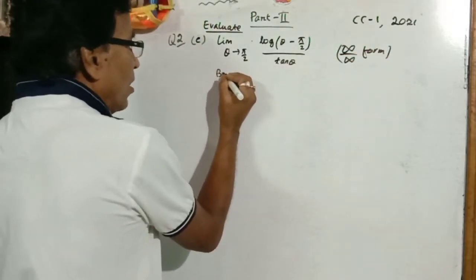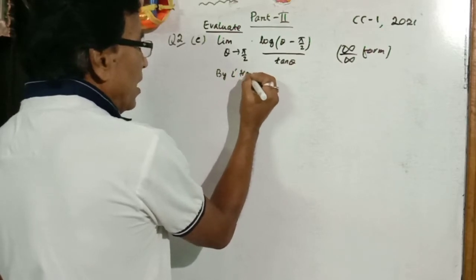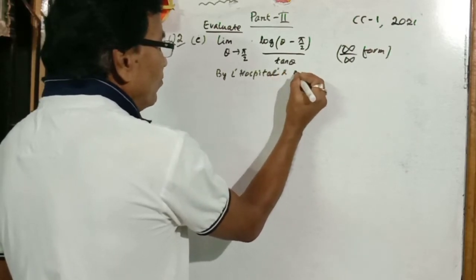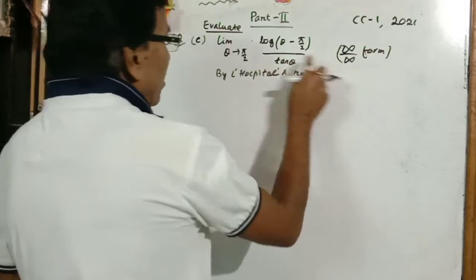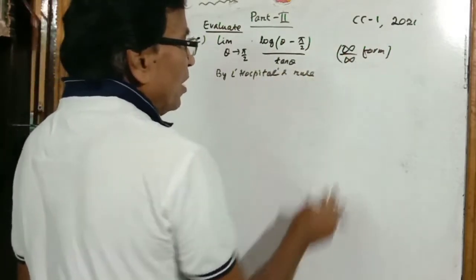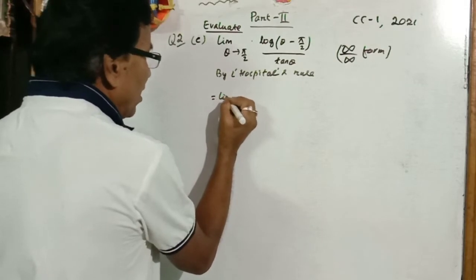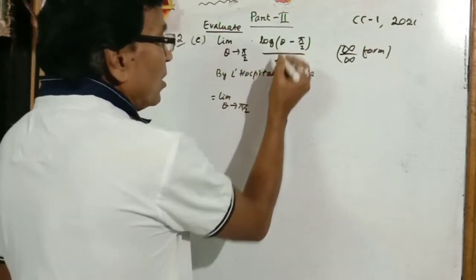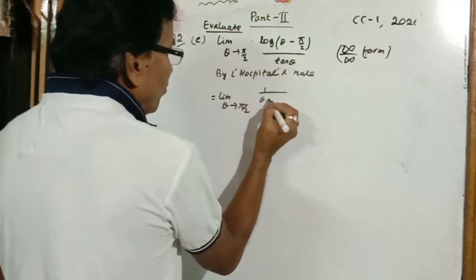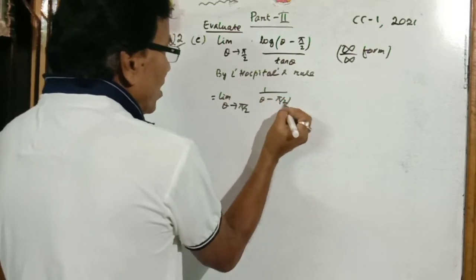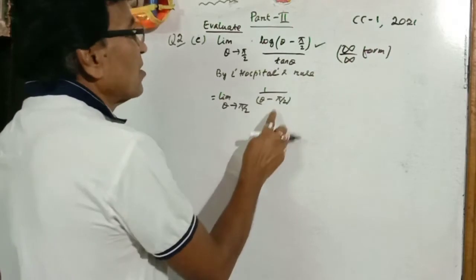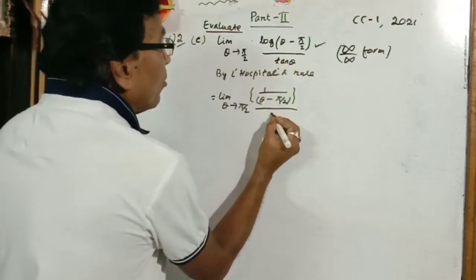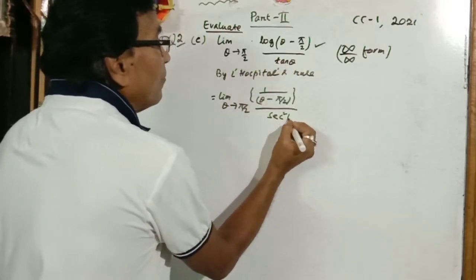Now by L'Hospital's rule, we know that if the limit of f of x by g of x is of the form infinity by infinity, then we take the limit as theta tends to pi by 2 of the derivative of the numerator with respect to theta, which is 1 by theta minus pi by 2, divided by the derivative of tan theta with respect to theta, that is equal to sec square theta. So